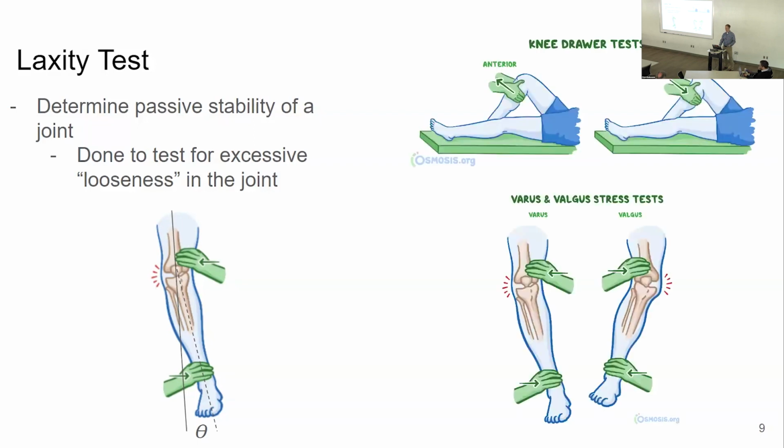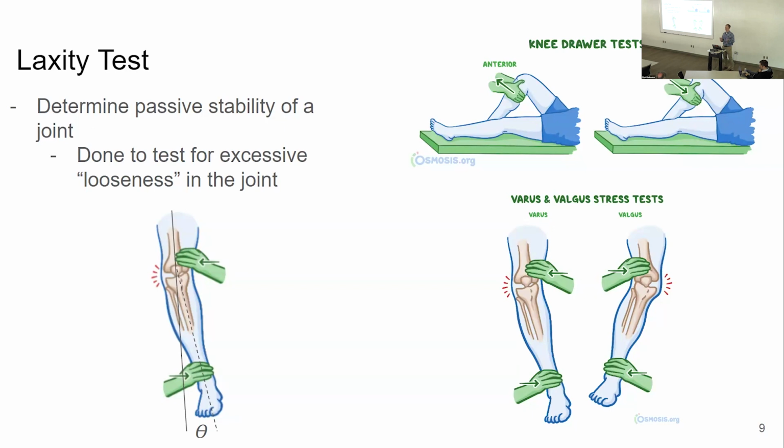And so the 4 main ones I'll be speaking of are of the knee. I'll be speaking of anterior, posterior, varus, and valgus, and that's just different directions. Anterior is the top left image here, and that's keeping your thigh in the same spot and then moving your calf forward. And then posterior is the opposite. You move your calf backwards.